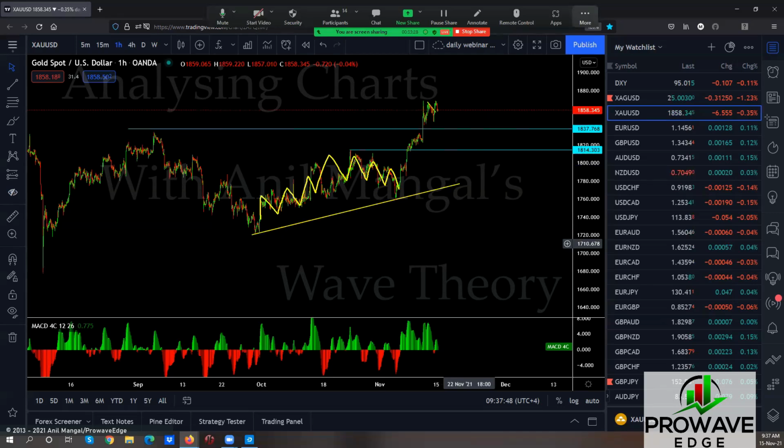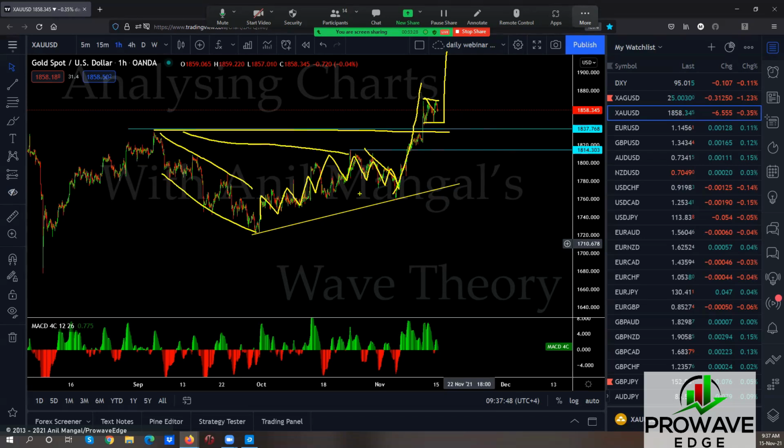What could change that is if you get a really sharp move to the top. And if they consolidate above this top, if they consolidate above there and break out, that might confirm total upside. Now, how would we look at this pattern if that happens? Well, we will either accept this is all the correction, or we look at this as a contracting flat. Either is possible. I don't think it's either of those.